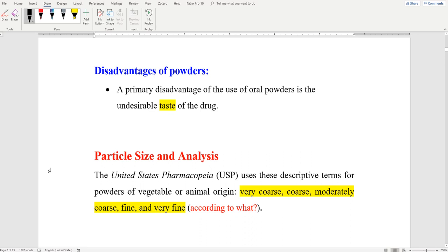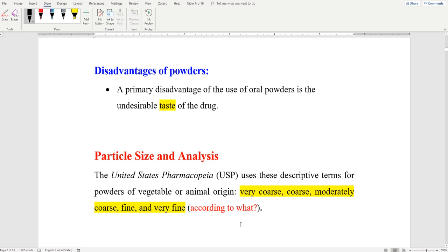Now, particle size plays a major role in many different processes. I will talk about these later and I will explain it to you. But let us begin by talking about the classification of powders according to the United States Pharmacopoeia,